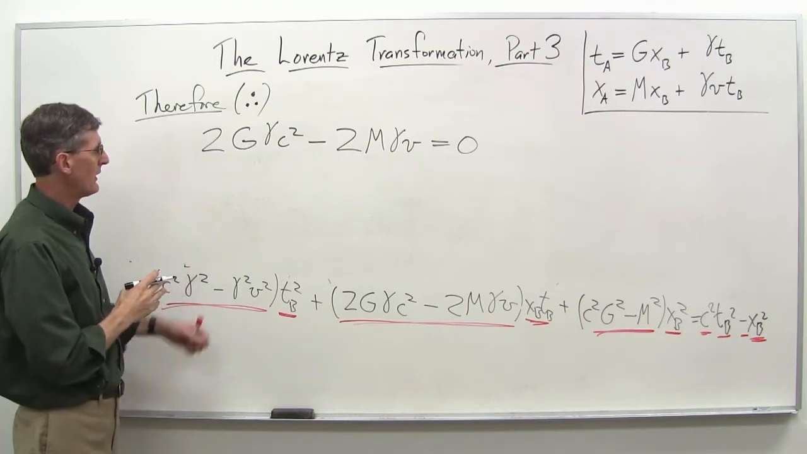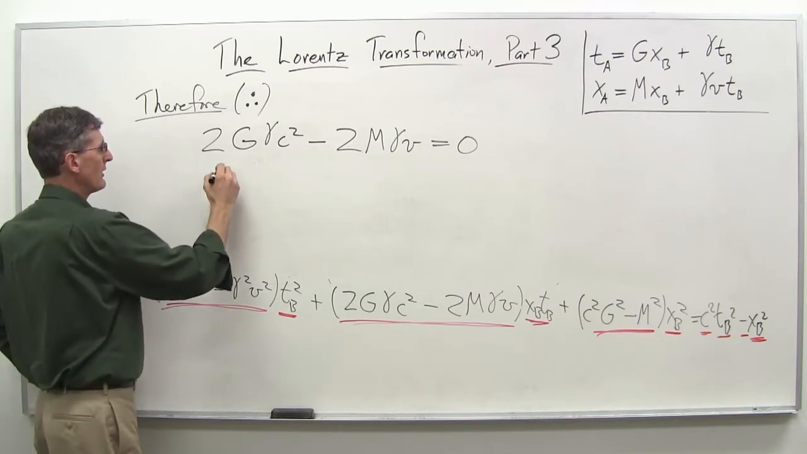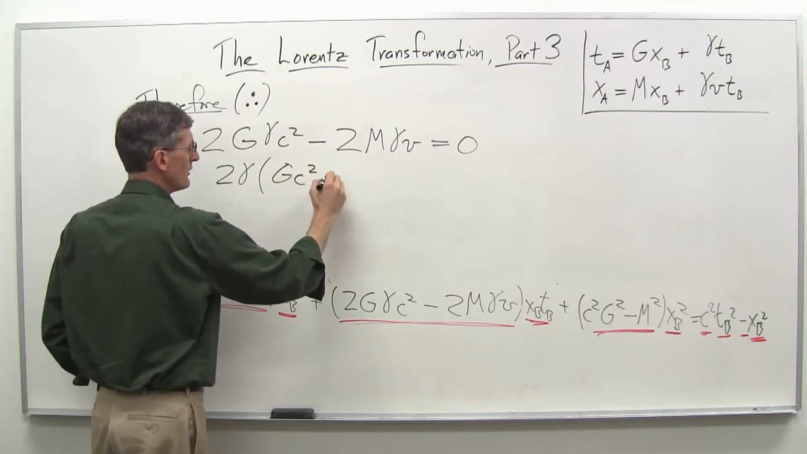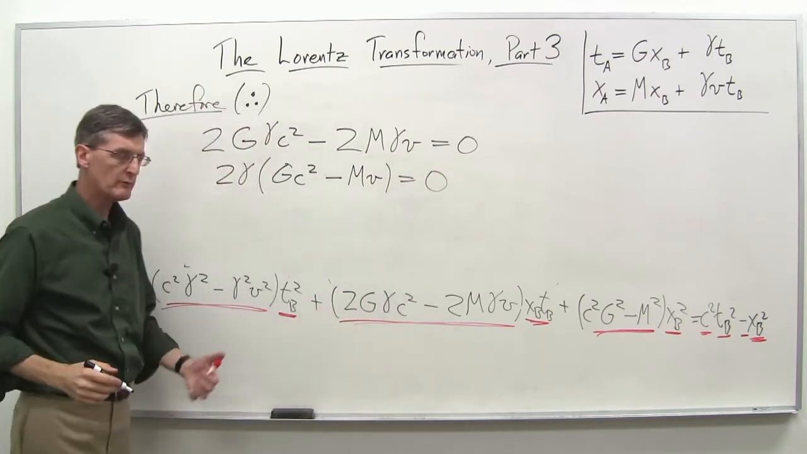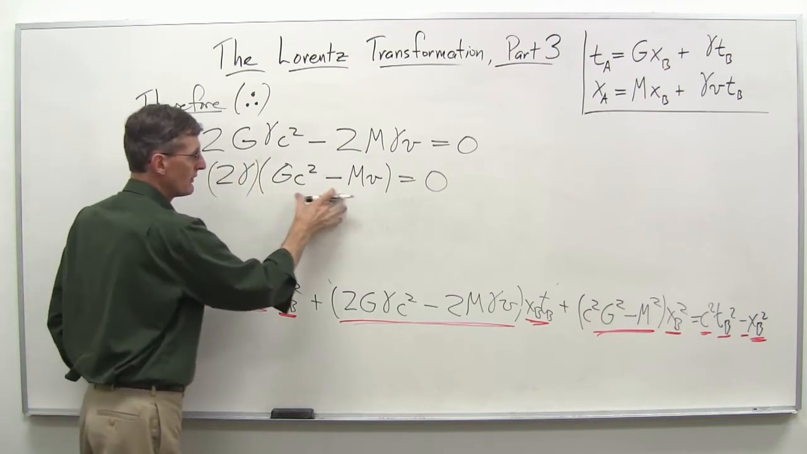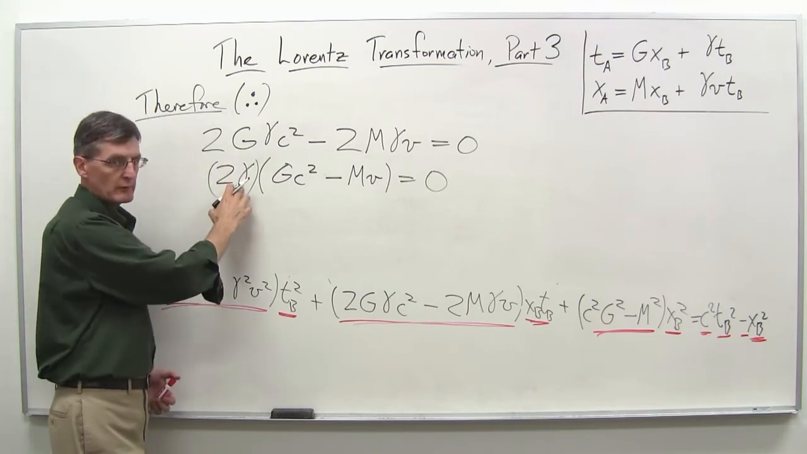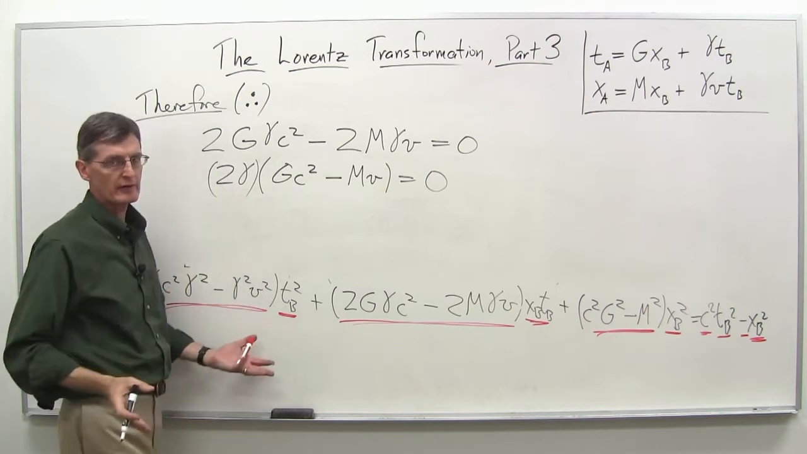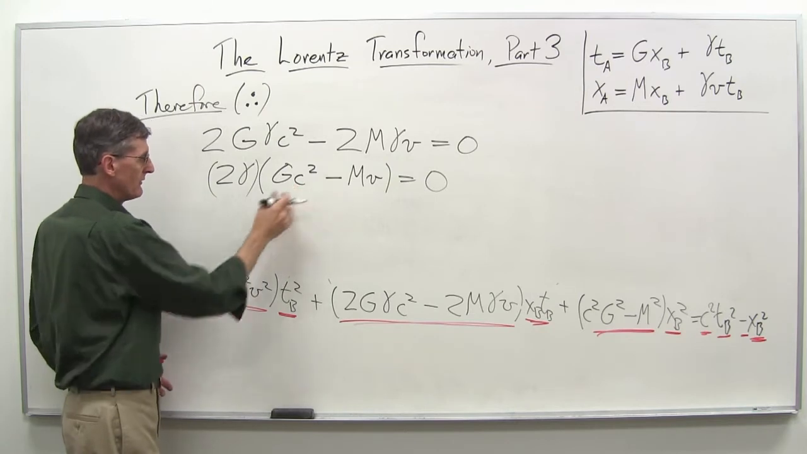So what do we got here? Well, we have a 2 on each side. We have a gamma on each side, so let's pull that out. So we've got 2 gamma times g c squared minus mv equals 0. And you may remember when we have the product of two things, this times this equals 0. Clearly gamma is not 0, so either this has to be 0 or this has to be 0. Since 2 gamma is never equal to 0, therefore, this implies that